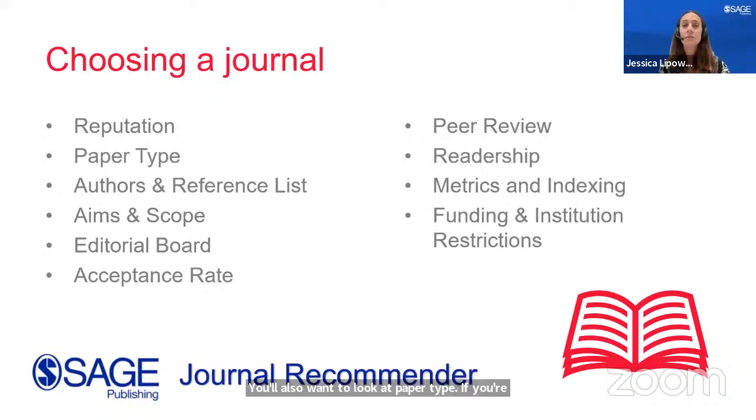If you're submitting original research, that might be fairly straightforward, but if you're working on a case report or a systematic review, you'll want to check to make sure that the journal you're interested in actually accepts that type of paper. Some journals do or do not accept certain types, so it's important to look at that. You can also look at the reference list of your paper and see if those journals might be a good fit. Oftentimes, the papers that you are citing might be good journals to which you can submit.